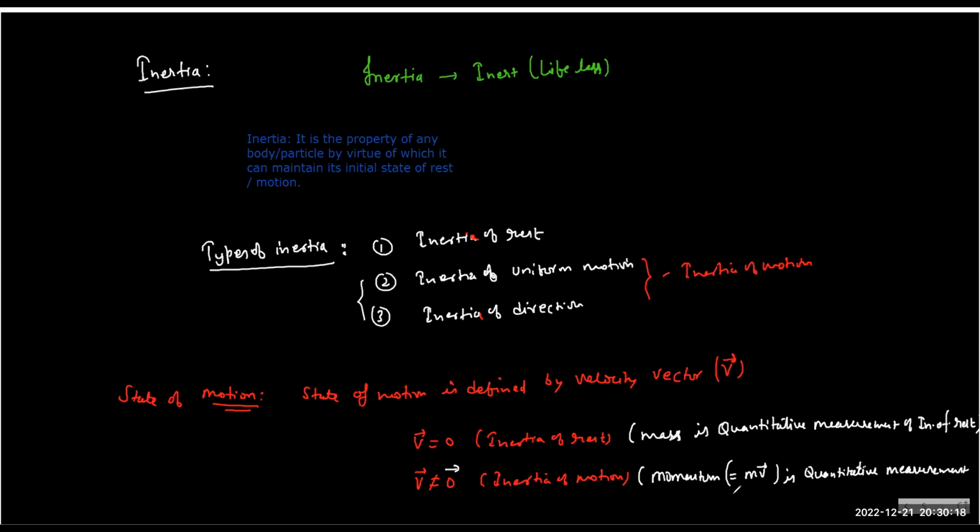Measurement of inertia of motion. So in fact, there's nothing like momentum in nature. We have inertia of rest, we have inertia of motion. And because inertia of motion depends on these two factors, we thought of defining something which is proportional to the product of these two. And because we just wanted to have a comparison idea, that proportionality we actually made later on equal.